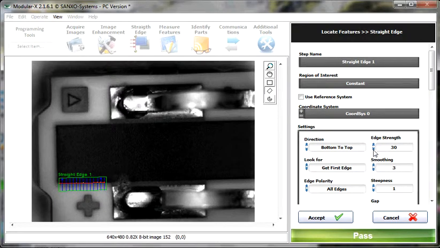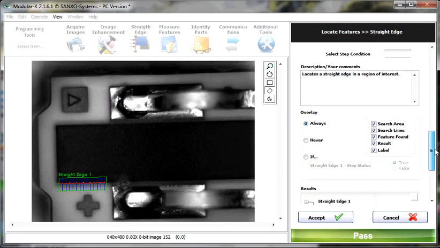Yeah, it found quite well. You can set a bit lower, get the best edge, bright to dark only, use the reference system, the coordinate system 0 that we developed here on the match pattern function. Give a name like bottom edge, and set the overlay on the image, disable the search area, the search lines, the feature found in the label. Click on the accept button,